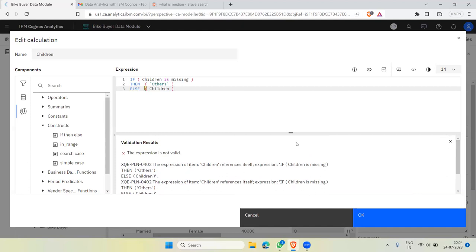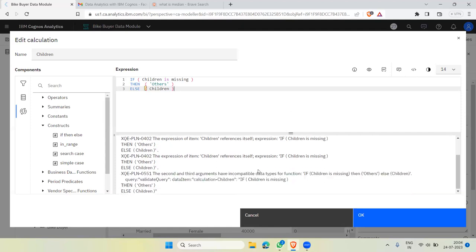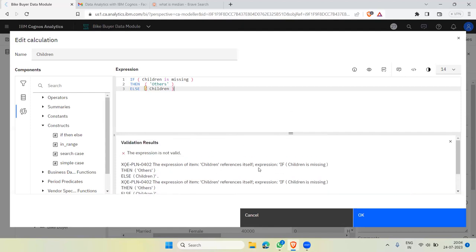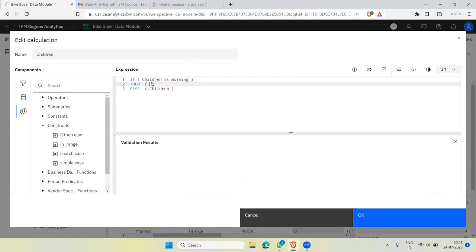Do you know what is the outcome of this? I'll show it in tomorrow's session also. Data cleansing more clear. Wherever children is missing, we will replace. But why we got the error, I'll tell you. We are using others, which is a categorical data item, whereas children is a numerical column. To overcome this, what I do is delete that others now.